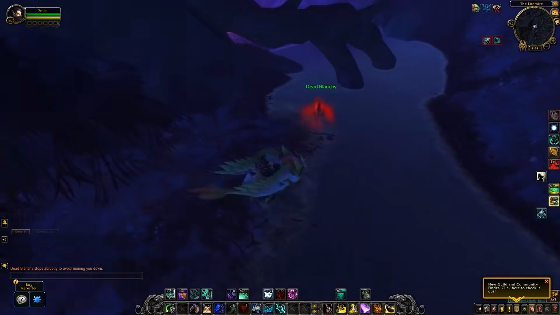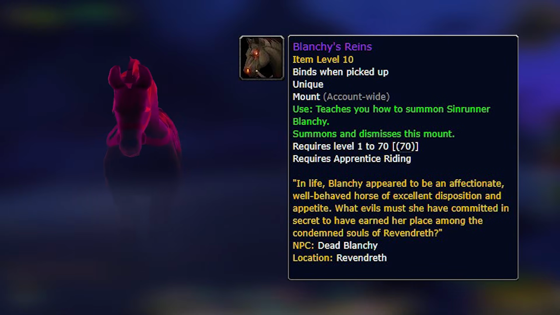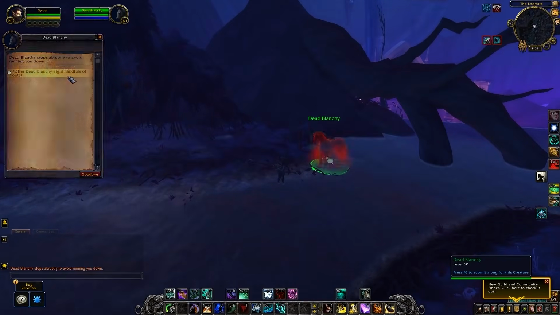The next mount to talk about is going to be Sinrunner Blanchy, and this is a great looking mount that can also fly now as well. In terms of getting this mount, it isn't too difficult, but you will have to do 6 days worth of daily tasks. So the way this mount is going to work is you'll need to first of all find Blanchy,